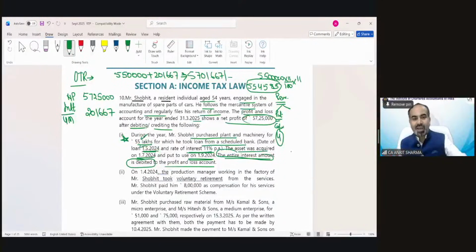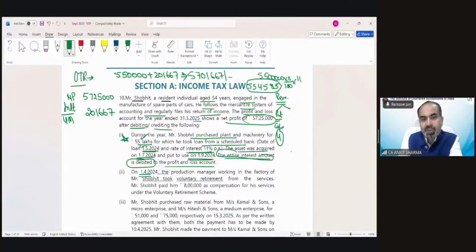Other points are easy. So this should be the last point, but it is the first point. If there is any point which you find difficult or are not able to understand in the examination, suppose the first point is like this, then you can skip it. You can solve points number 2, 3, 4, 5, 6 firstly, and you can solve this point later on also.